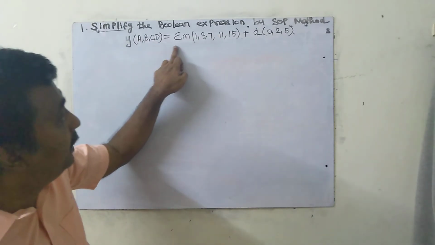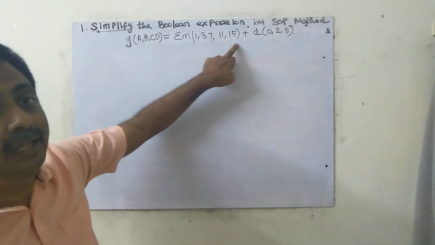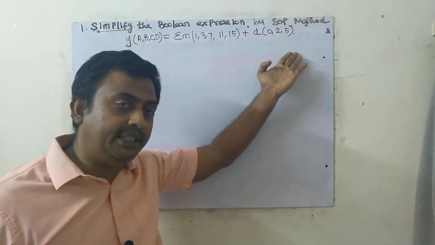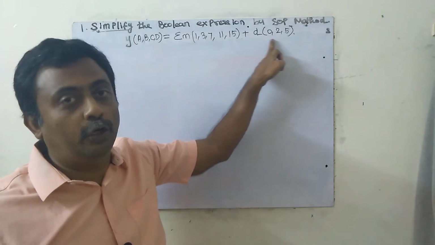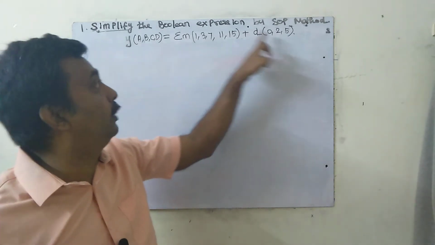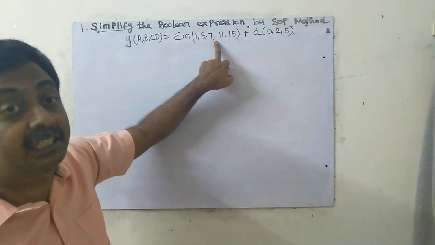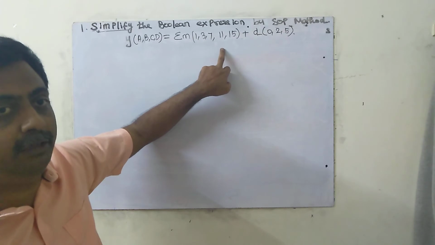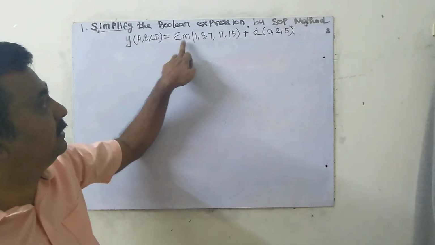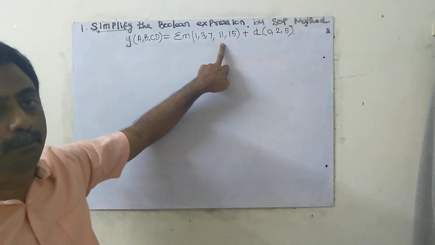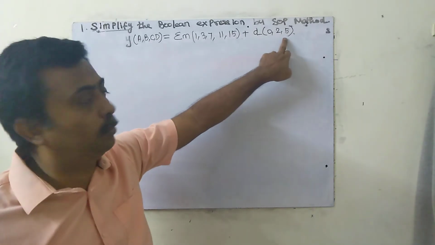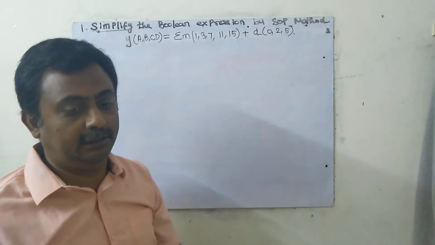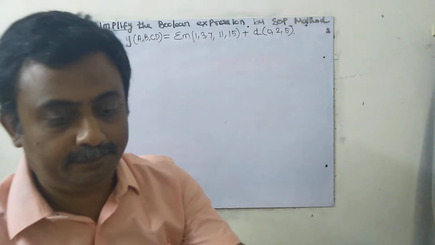Given is min term. In this location I need 1. In this term I need either 0 or 1. This condition is called don't care condition, denoted by D. If pi were given, I would have to get 0. But here clearly min term is given, so in this location I need 1, and in the don't care location I need either 0 or 1. So how to solve this?